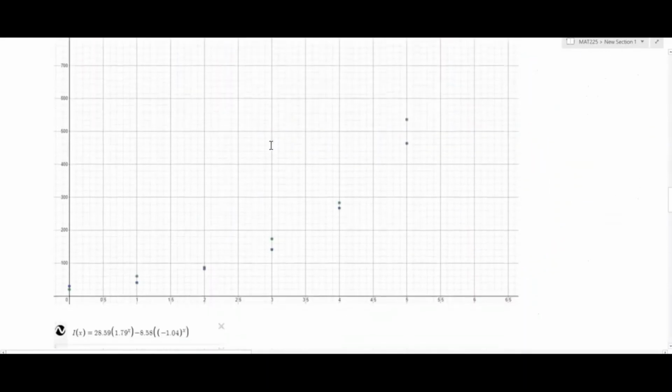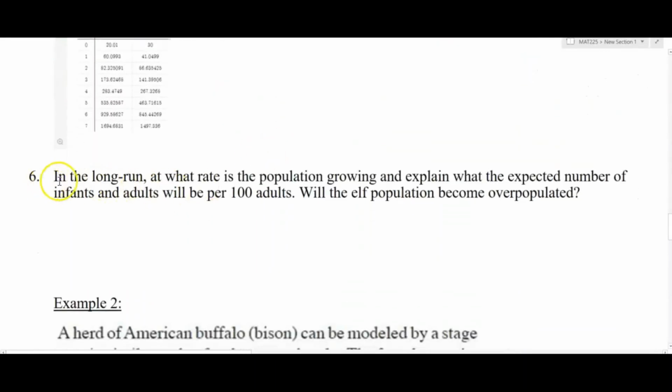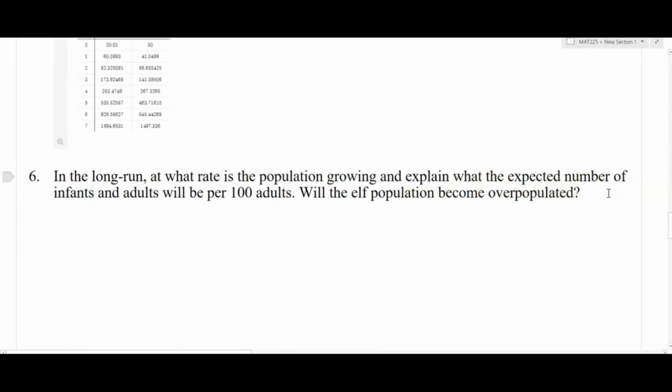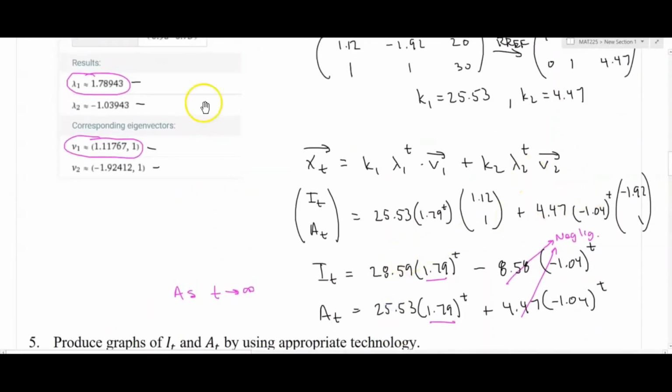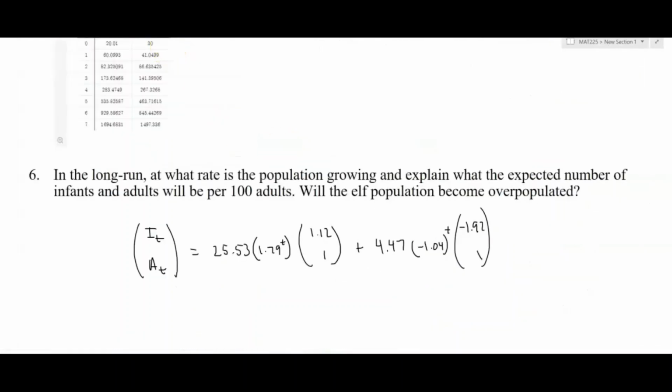And so the conclusion that we want to draw is, in the long run, at what rate is the population growing, and explain what the expected number of infants and adults will be per 100 adults. Will the elf population become overpopulated? So let's see what happens here. We've said that as t approaches infinity, this vector equation that we wrote up here, which is this guy,